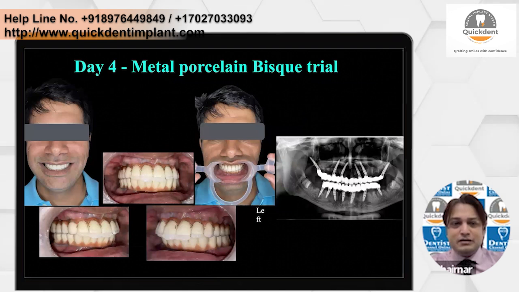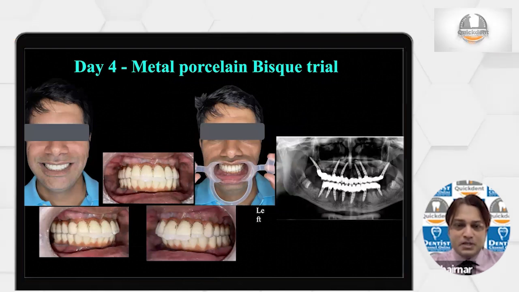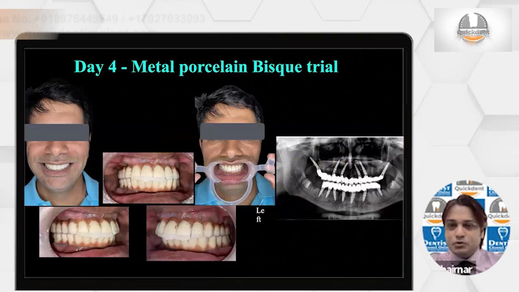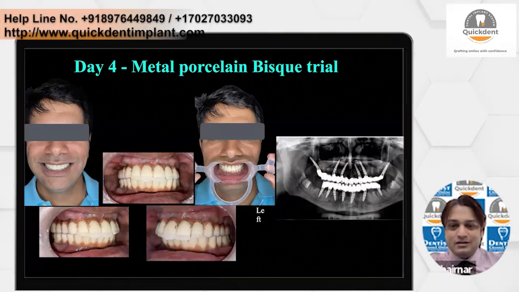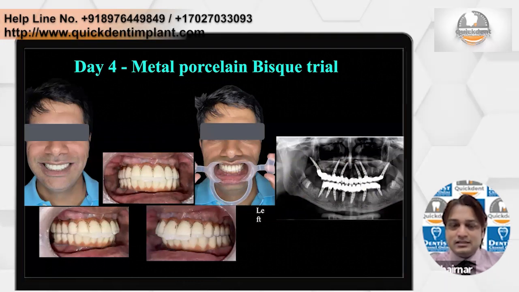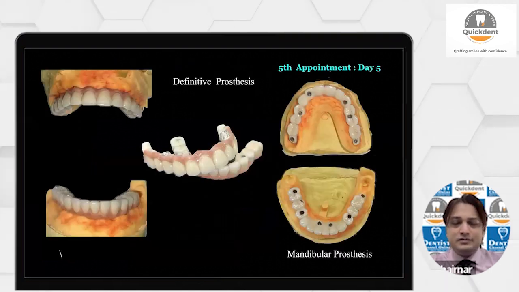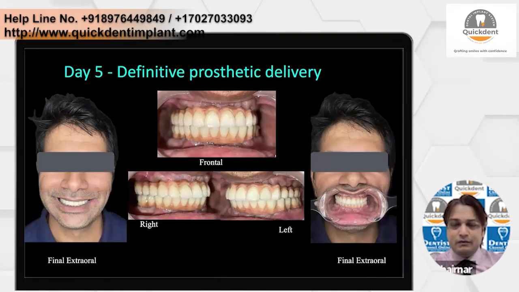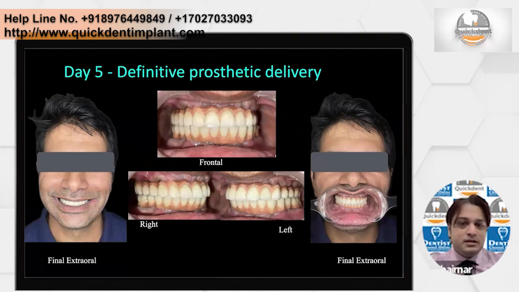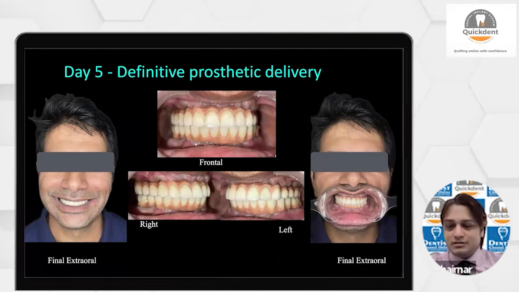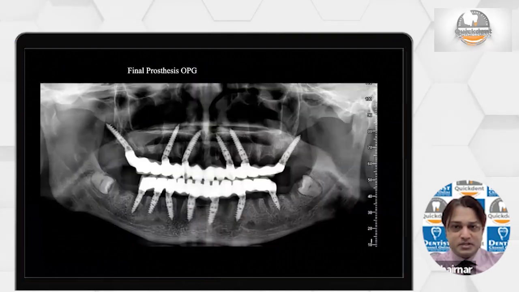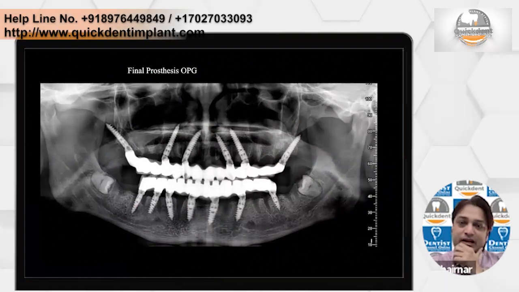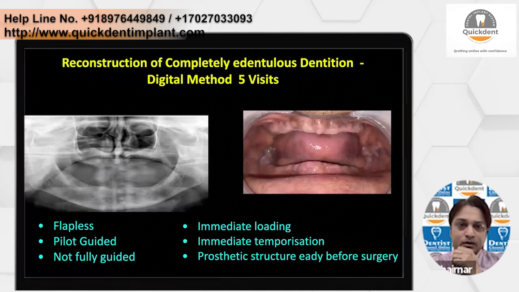Then they will send us what is called a BIS trial. Now the incisal height was a little less, so we added composite to give them guidance that we need to add this. This is a little shorter, and this is the final prosthesis, and this is how the patient is finalized. He wanted all the shades and a little narrower teeth. So this is the final of the patient, and you can see the final prosthetic OPG. Everything is fine and fantastic. She is absolutely happy now.